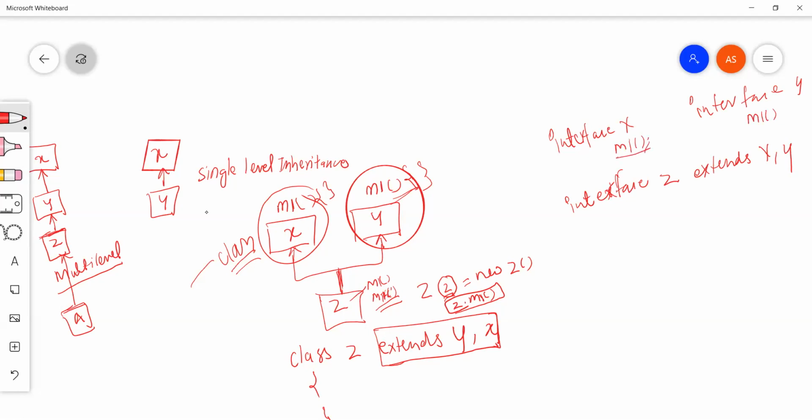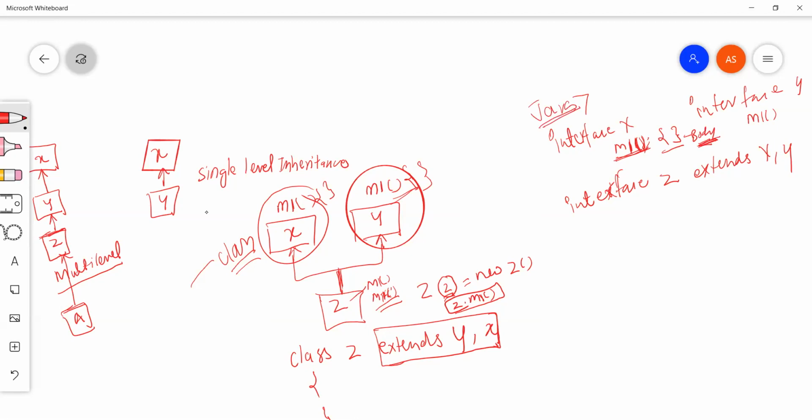In these interfaces, we have only the method name, or just the method signature. We don't have the parenthesis or the body or implementation, because in an interface, whenever we define a method, that method is an abstract method. What is an abstract method? A method without any implementation or without body. I'm talking in the context of Java 7.